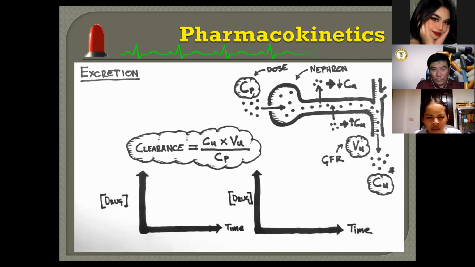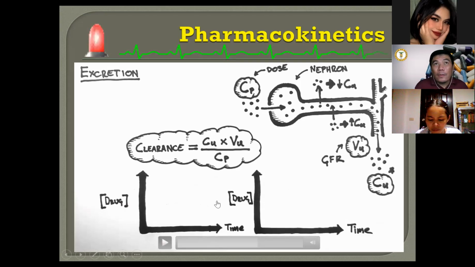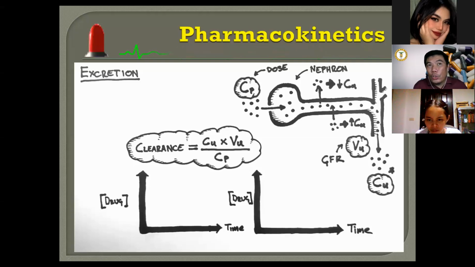In the system I've drawn above, the higher the concentration in the plasma, the faster the drug will be excreted. Yun yung sabi ko sa inyo, di ba? The more yung drug ay nagre-reach agad siya sa maximum concentration, mas mabilis din siyang ma-remove out of the body. Parang sa alcohol lang 'yan, habang tumataas yung concentration ng alcohol mo, kailangan mabilis din ang response ng body mo